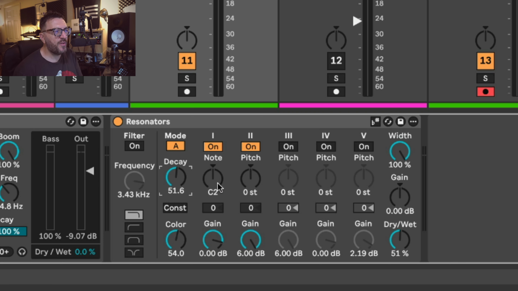But here you've got the root notes, okay? The first of the note, and it's on, and that's the root note. So by default, it's C. And then you can add other notes on top to make chords or harmonies. So we're going to press this, and it's now gone 0 SD. Now, if I unclick it,